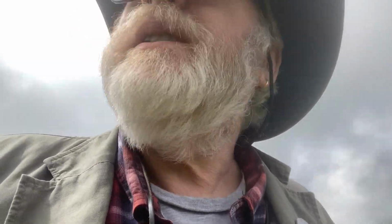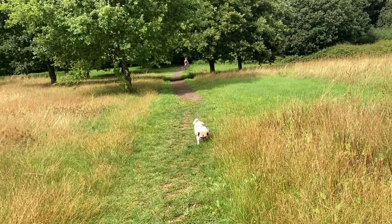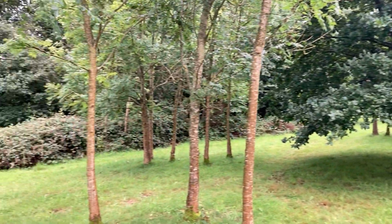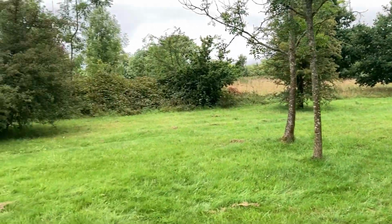There are a lot of little oak trees around here. I say little oak trees, you know, they're quite big, but they're only about 30, 40 years old. So they're only about 20, 25 foot high. But they do produce quite a lot of acorns. And I'm going to go and have a look amongst all the acorns and see if I can find any